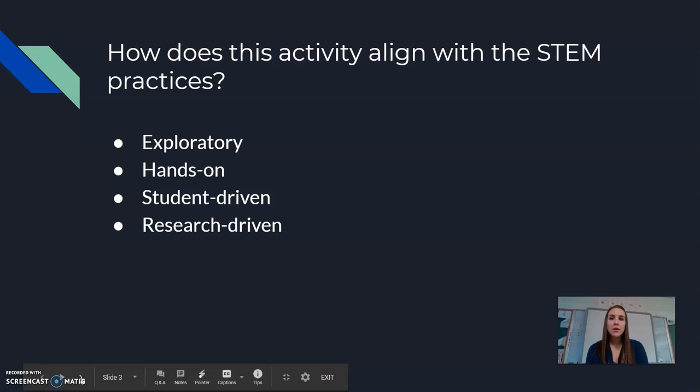How does this activity align with the STEM practices? It is exploratory, hands-on, student-driven, and research-driven. So it is all about NASA's idea that they need to find a vehicle that is able to go along Mars in order to meet their 4 specific goals that they're looking to meet on Mars, which I will discuss a little bit later. So the students take the research on the Earth's atmosphere, understanding what specific things that the scientists have to consider in order to create their own model